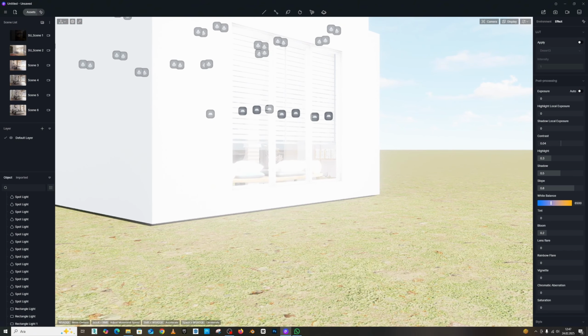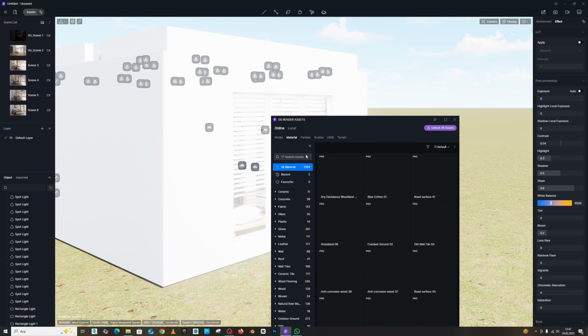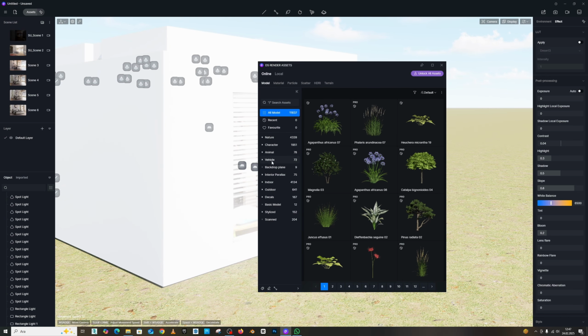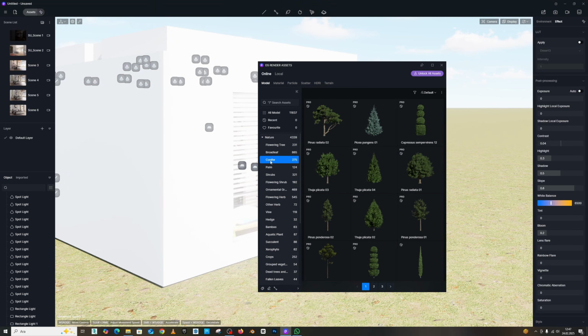When you place something here, when you place a tree, look, now from the asset section, if you want, you need to close the part that says mirror. Go to the model section. In the tree section, look, there are various trees, and some of the trees are free. Friends, you can see them. So from here,